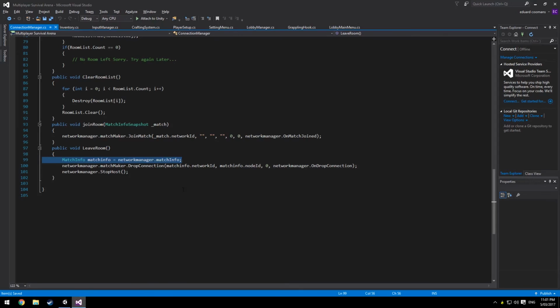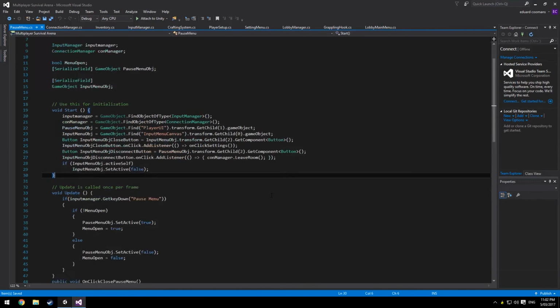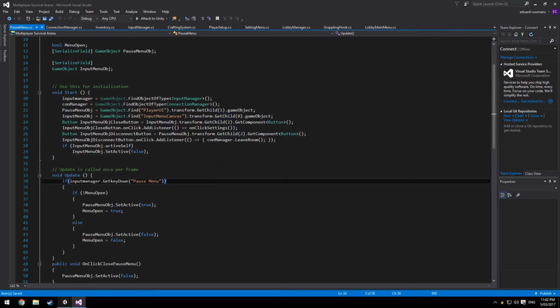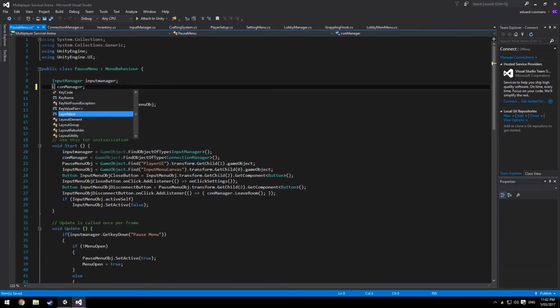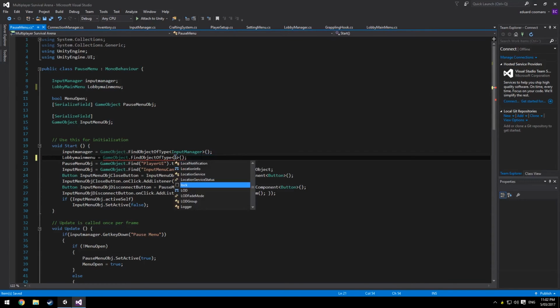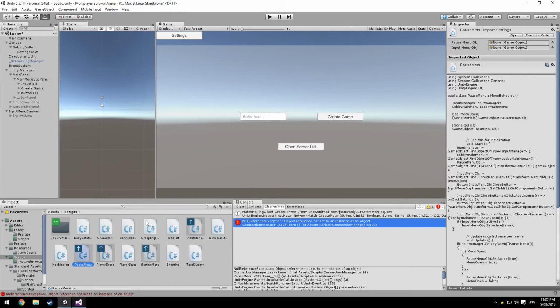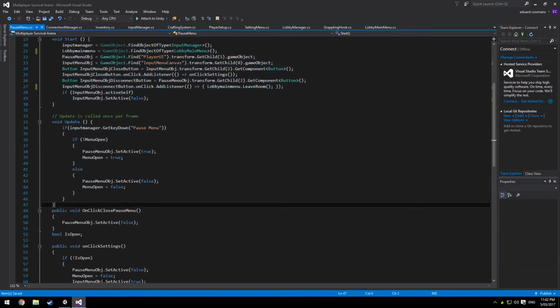Ah, I think we are delegating it. So here in the pause menu, instead of getting the connection manager, we are getting the lobby manager. No, not the lobby manager. We're getting the lobby main menu. We should clarify: instead of connection manager, we're getting the lobby main menu, and replace it here. Okay, I felt so long ago that we were in the pause menu,